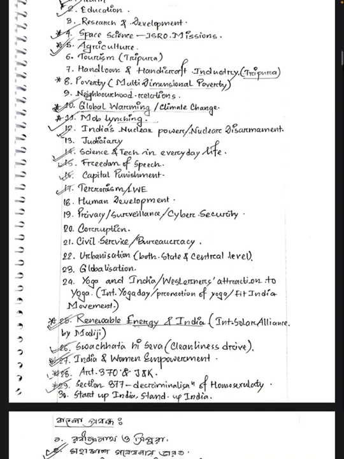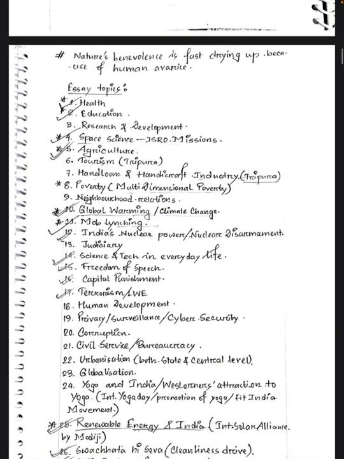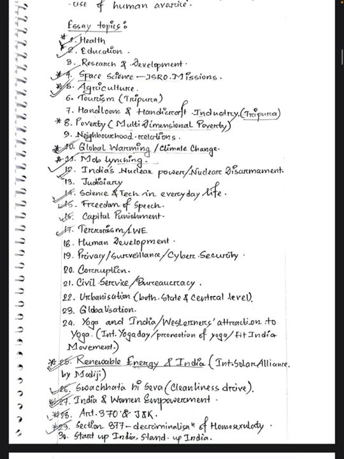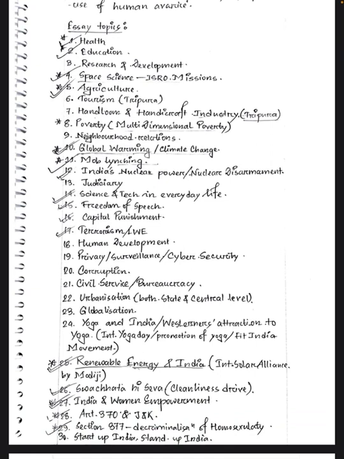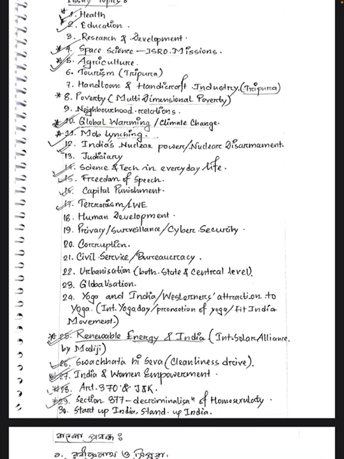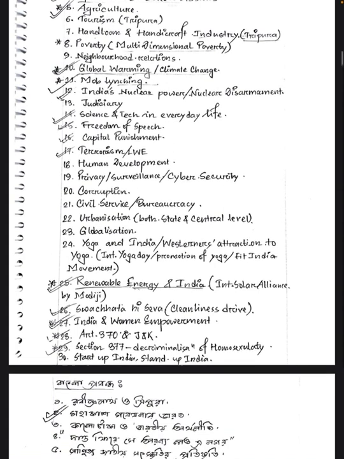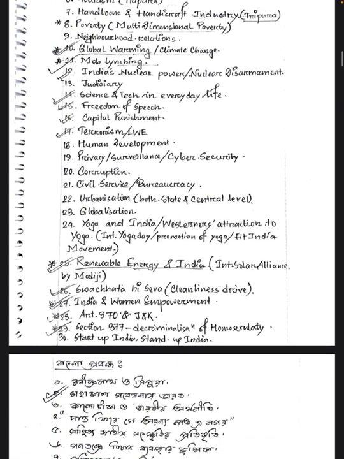I chose sectors like health, education, research and development, space science, agriculture, tourism, handloom and handicraft industry of Tripura, poverty, neighborhood relation, global warming, climate change, mob lynching, India's nuclear power or nuclear disarmament, judiciary, science and technology in everyday life, freedom of speech, capital punishment,